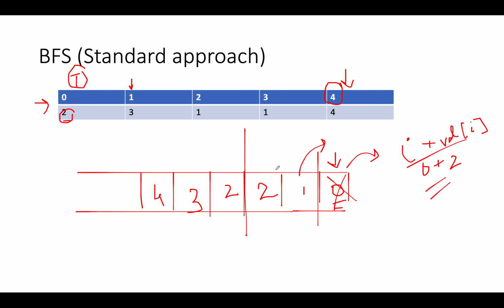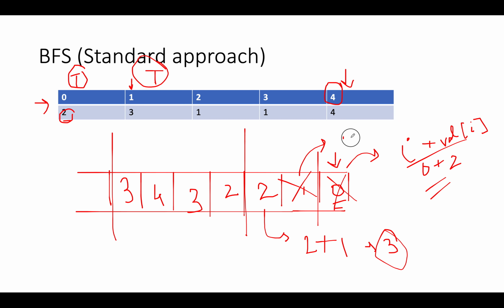Then we get 2 from the queue. Also, let's mark the first index as visited so that we know that this has been visited and we don't need to redo anything starting at the first index. Let's remove this first, and next we have 2, so let's pull out 2 from the queue. 2 plus the value at index 2, which is 1, gives 3. So we'll simply add 3 to the queue, and this marks the termination of the second level. So this was the 0th level, this was the 1st level, and this is the second level.